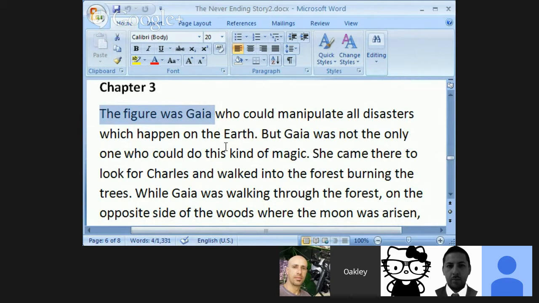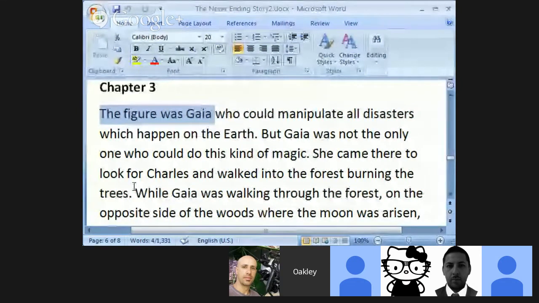The figure was Gaia, who could manipulate all disasters which happened on Earth. But Gaia was not the only one who could do this kind of magic. She came there to look for Charles and walked into the forest burning the trees. While